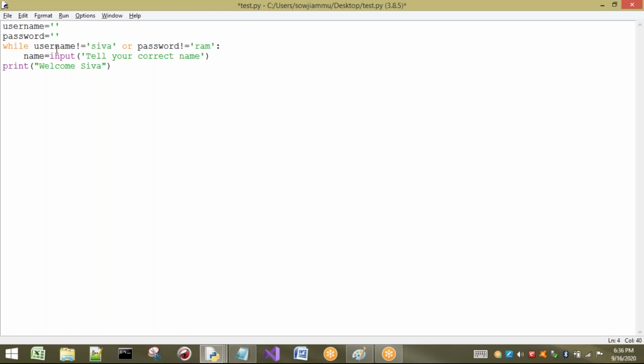This is my password. Okay, so what I have to ask? First I have to ask, enter username. Enter username, for example. Right, now after entering username, you should also enter what? Password. Password equal to, again here also I am going to take input of enter password.